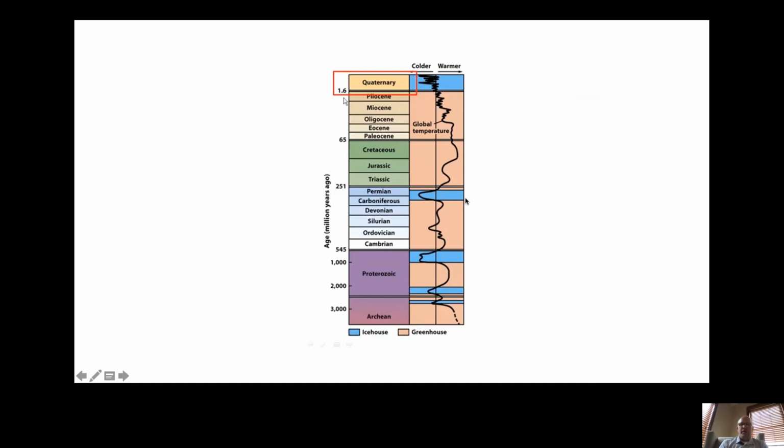Then during the Paleozoic, it went through a warming period back and forth a little bit, and then again at the end of the Paleozoic, it got cold, went through an ice age, and then during the age of dinosaurs, it got very warm during the Mesozoic, Triassic, Jurassic, Cretaceous, and stayed that way into the